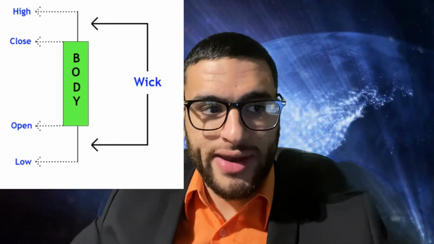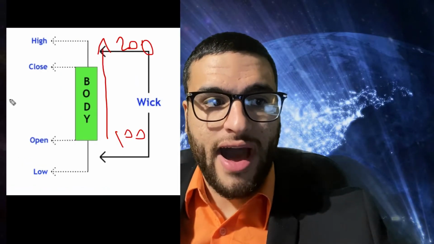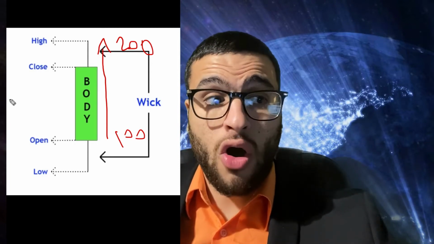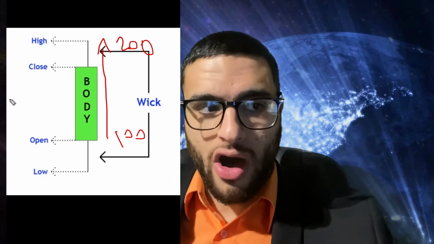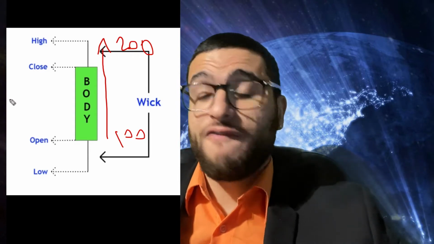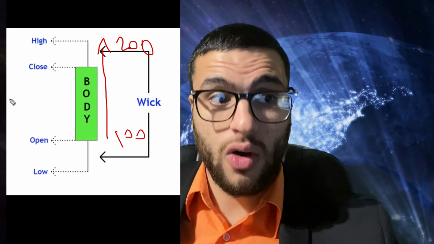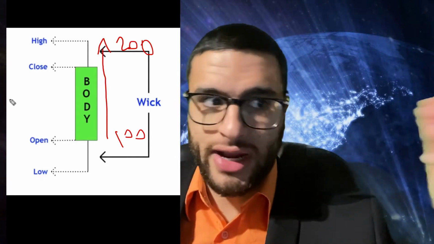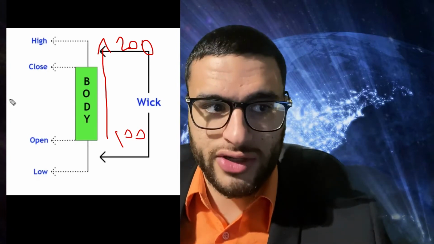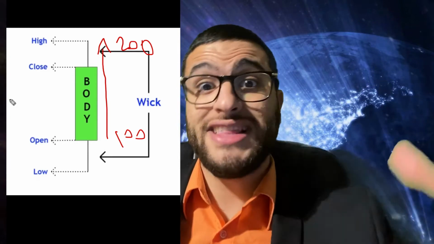And then from the open that we got over here, the stock jumps all the way up to a high of, let's say, $200. It opens at $100 and runs all the way up to a high of $200, so the stock doubles in 5 minutes. Now, mind you, this is the daily chart, so we don't necessarily see the 5 minute chart, because if it was, the close would be at $100 or $200. But right now, this is the daily chart,